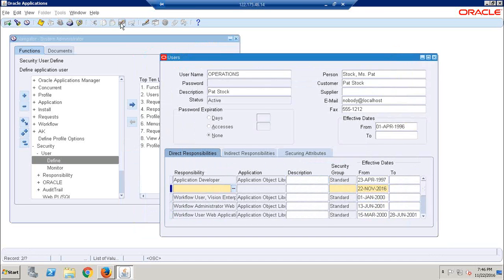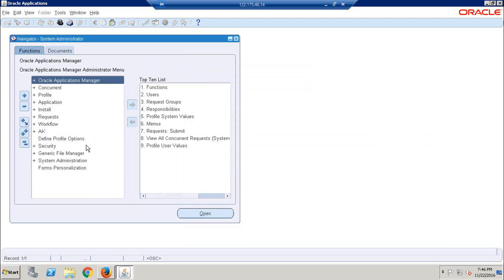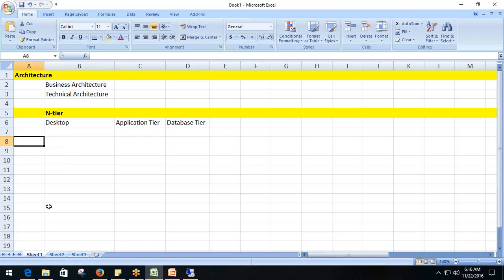Okay, let's clear this and go back. So this is from an application, how to navigate. That perspective, this is what is the application. But let me quickly go back to the spreadsheet, and here the applications that we are going to cover is